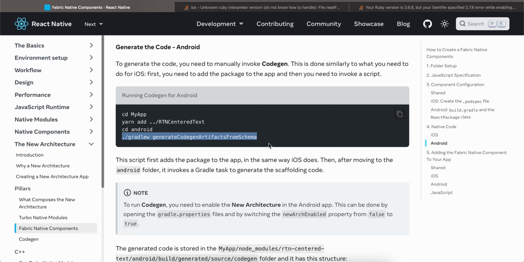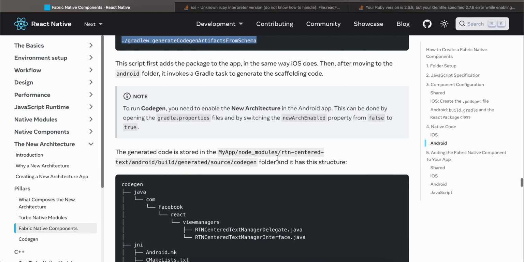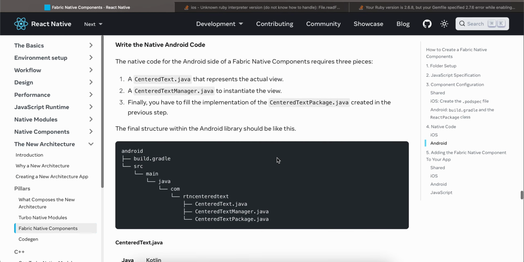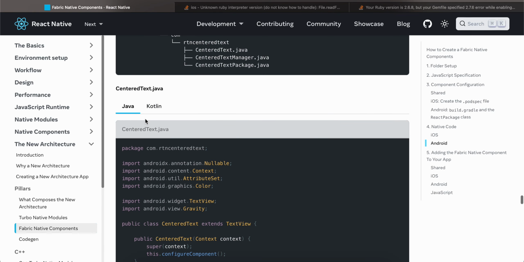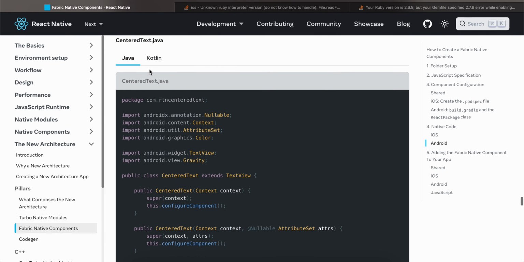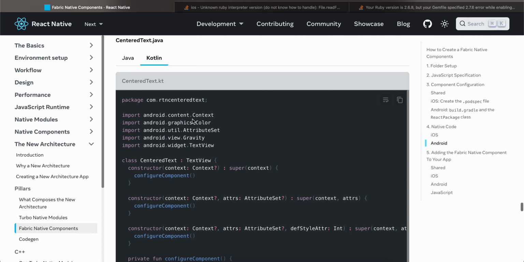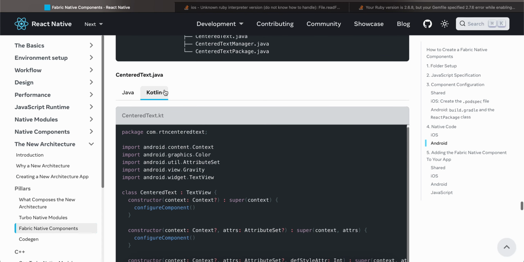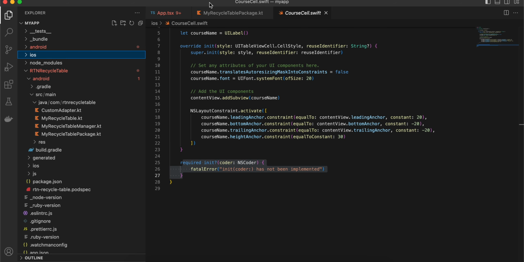Okay, so for Android you have to do code generation first, so run this inside your Android folder. Next, we have not created this file, so I think they have added Kotlin documentation as well. Oh, I just noticed now. So this is great, I think. So next, once we are done with code generation for Android,